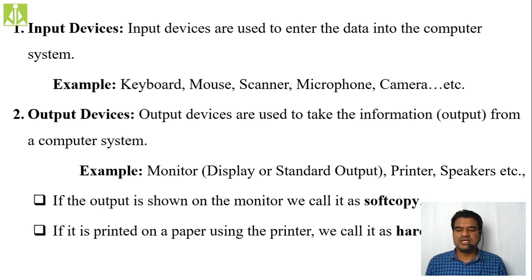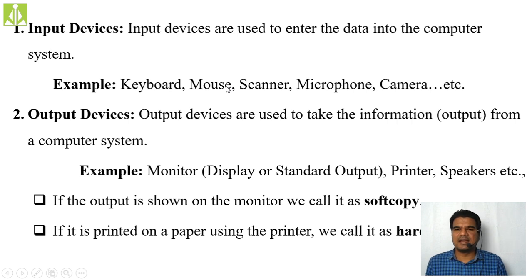And examples of these input devices, just now we discussed: your keyboard, your mouse, your camera, your microphone. All these are examples of input devices. So using the keyboard, I'm giving the key input, keystroke input. I'm pressing some keys on the keyboard, and those keys will input some data into the computer. And using the mouse, the tracking point, I can also give some form of input to the computer.